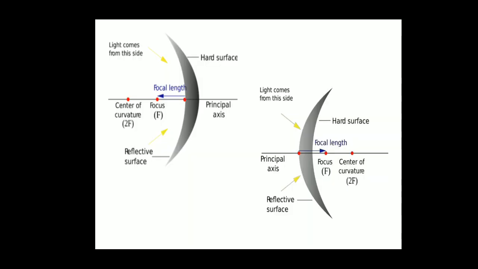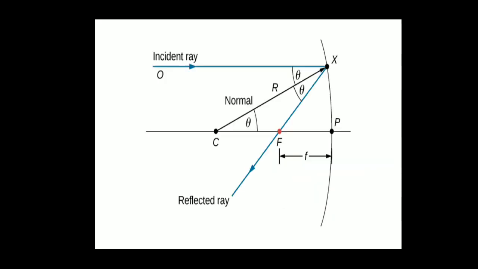So this is for a concave mirror, and this one is represented for a convex mirror. The diagram is representing concave mirror, and here it is for a convex mirror. All the points whatever we studied are given. Now what mirror is it? By seeing, you can say light falls on the mirror and comes inside itself. So it is a concave mirror. Can you understand? The point P, the point F, the point C. What is the distance PC? PC is called radius. What is the distance PF? PF is called focal length.